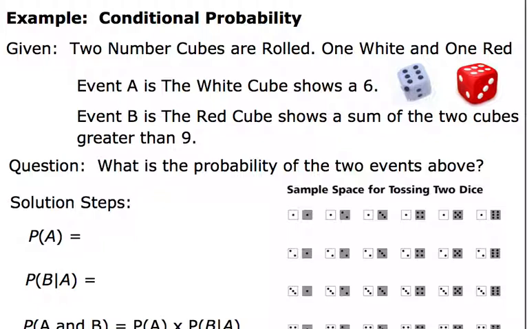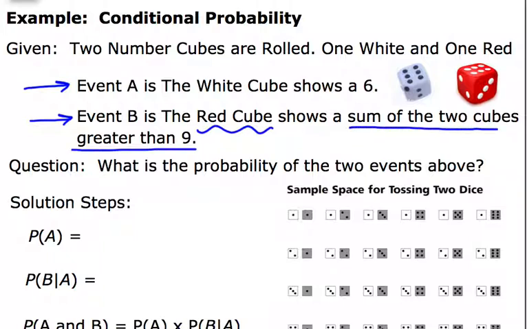All right, here's our last example of conditional probability. Let's imagine we have two dice. One of the dice is white and one is red. And these are standard dice with numbers 1 to 6. Event A is the probability of getting a white cube that shows a 6. And event B is we're going to say that we got a 6 on the first roll. Now we roll the other one. What is the probability that when you roll the two dice, the sum of the two cubes is